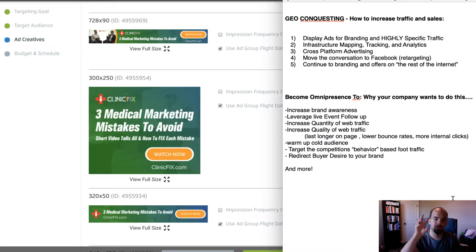Furthermore, from those display ads, we can map, track, and analyze that data and then move those people from the rest of the internet to Facebook. Facebook is getting more and more expensive whenever you try to go after cold traffic. But if you're able to bring your own audience to Facebook, Facebook gives you a much better rate or CPM